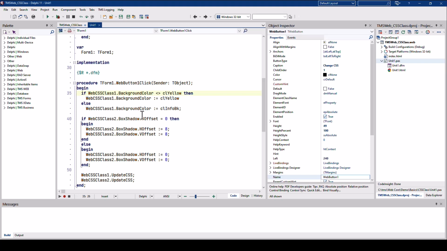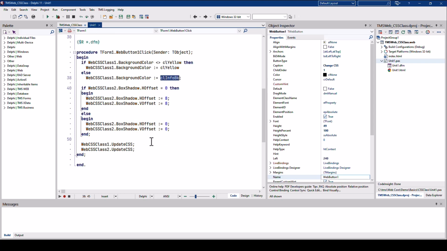For example, here we change the background color to yellow, or to a different color if it already is yellow. You have full access to any of the properties, also to the shadow of a box, for example. Just be certain to call UpdateCSS after you make any changes on the respective CSS control.